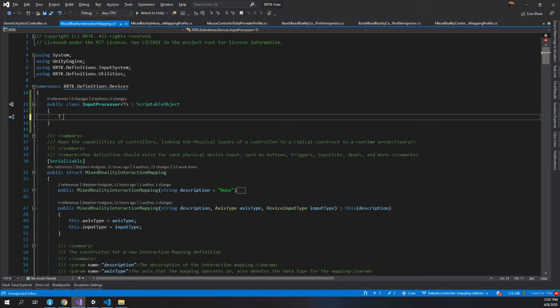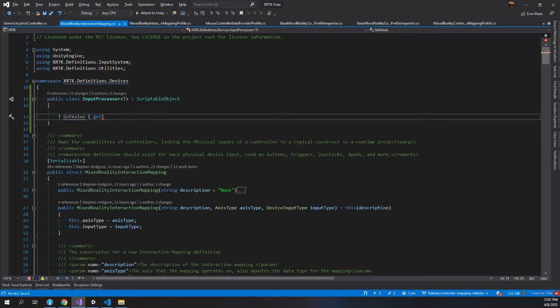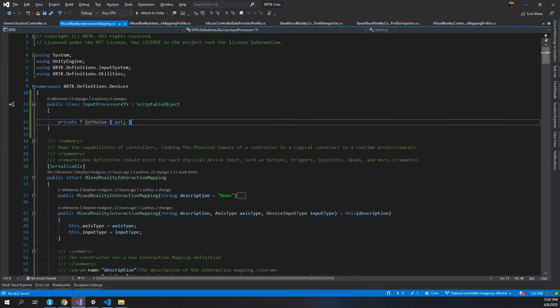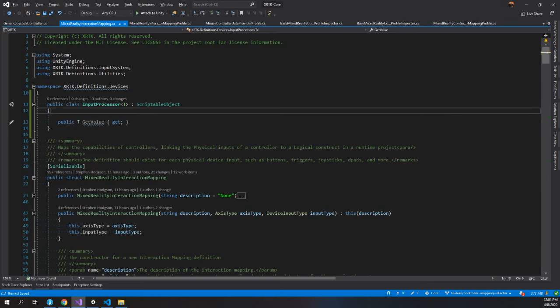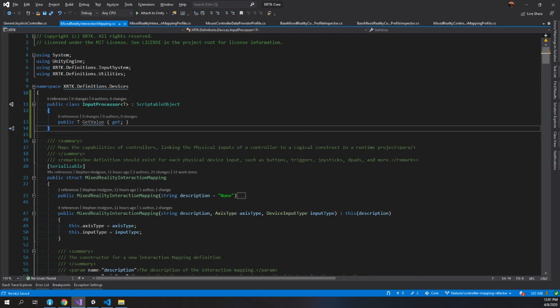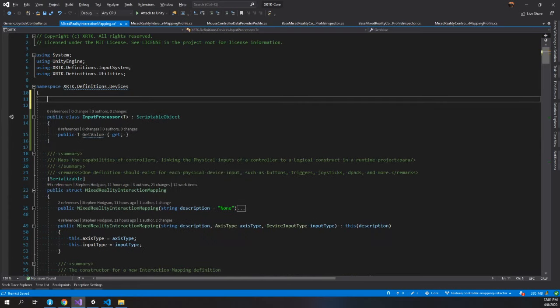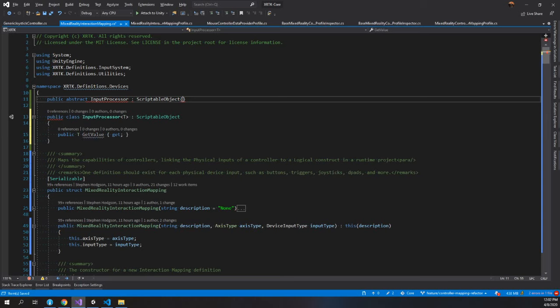So let's see here. So this will be the value. And we'll probably return something out of this. Probably be the processed value. We want to make this public. The other interesting thing here as well, we may also need to have a base class that is not generic, but we'll make it abstract. Now the reason for this, and I'll kind of show this a little bit later, is because we want to essentially